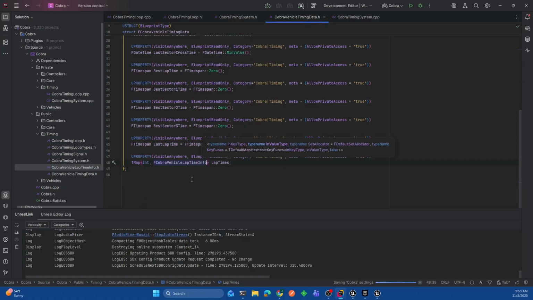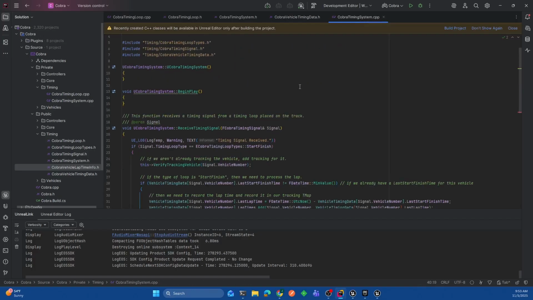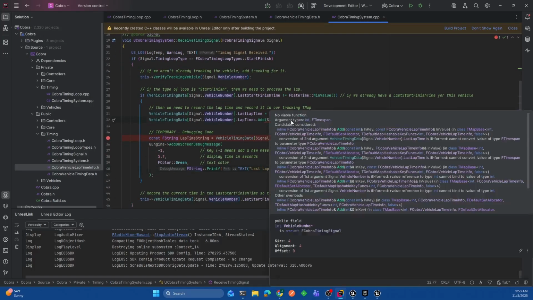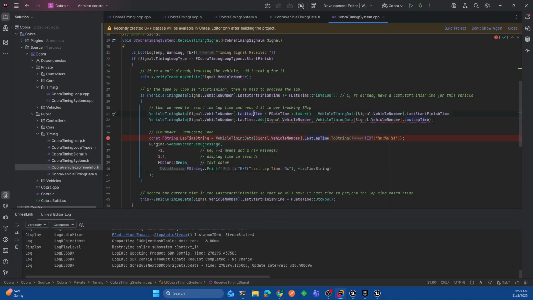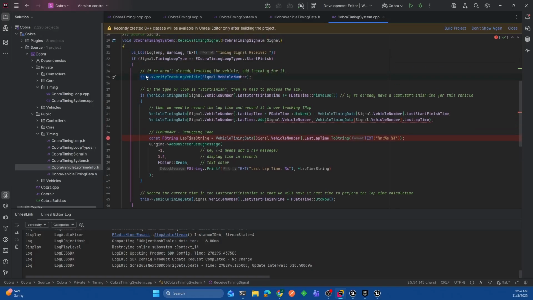Add a forward declaration, and that's going to break my code right here. So I'm gonna see what my logic is here. We've added this verify. If the last start finish time is the min value, or it's not equal to min value,